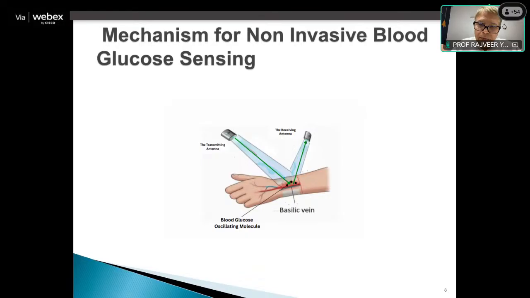They will be creating some sort of absorbance, and that absorbance is being measured either with the reflected beam or with the transmitted beam. That's what we use, somewhere between 1600 nanometer and 1700 nanometer